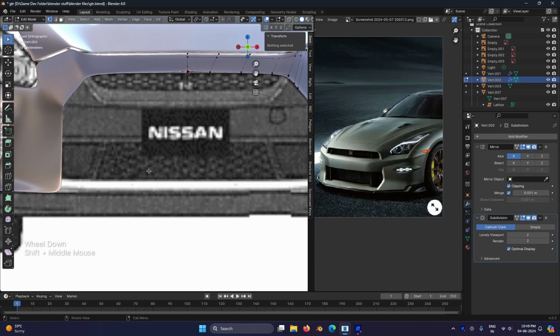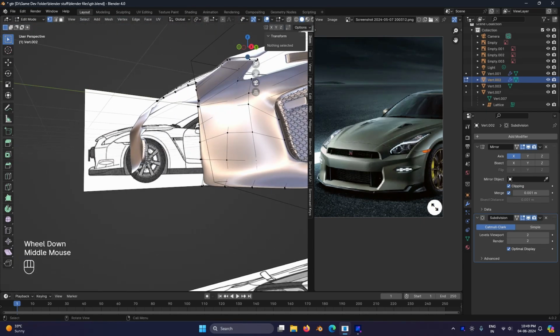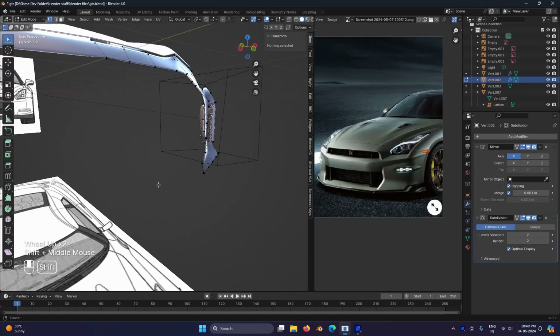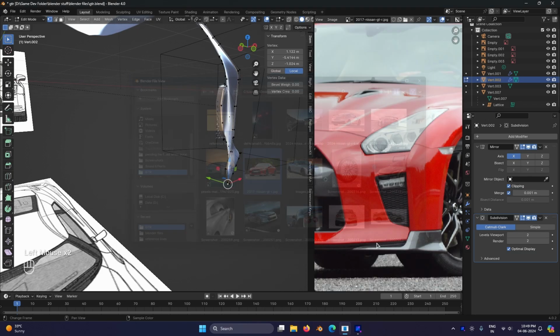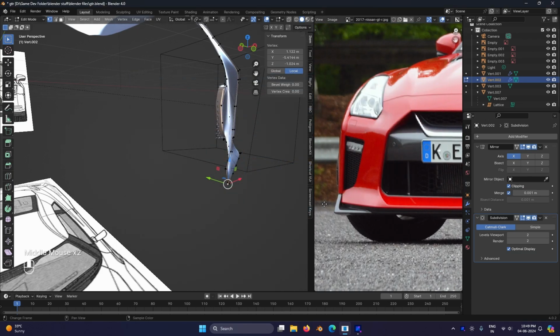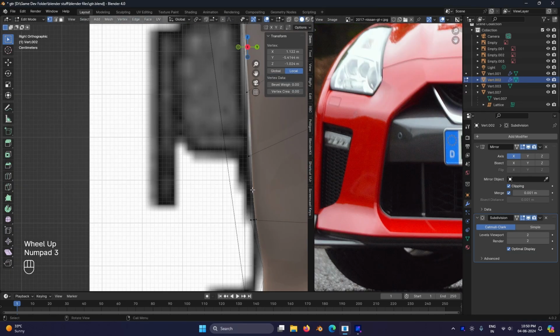Yeah. So there is a panel connecting this thing. So we want in between first